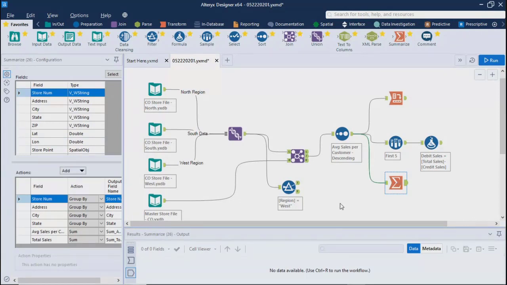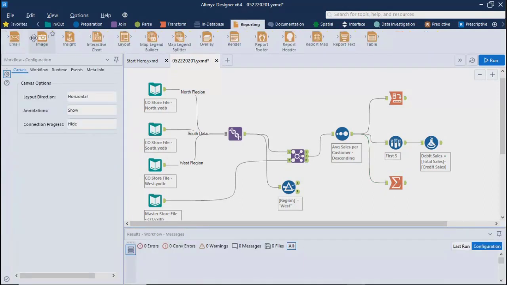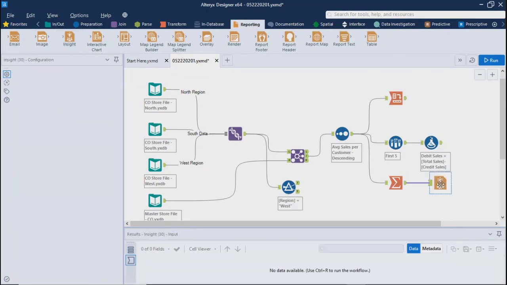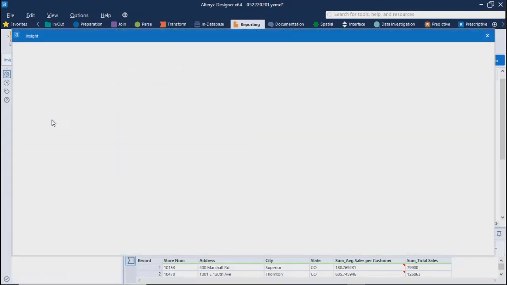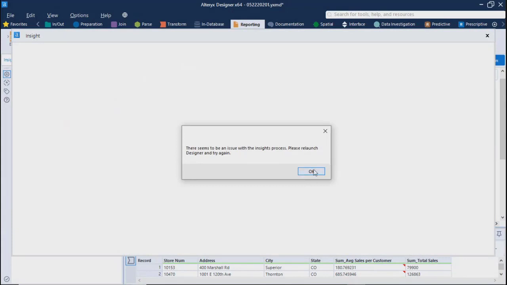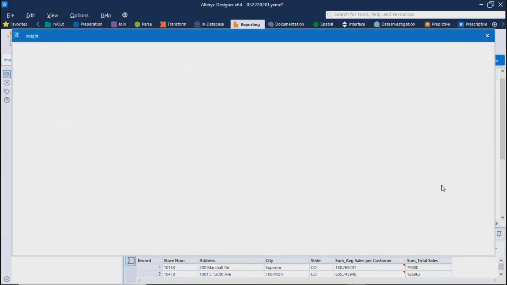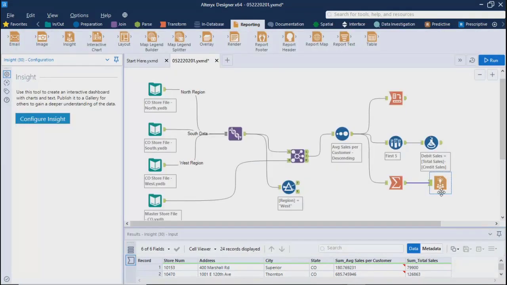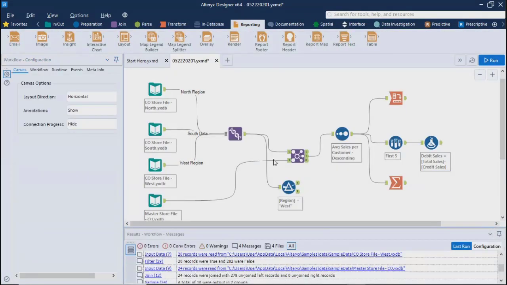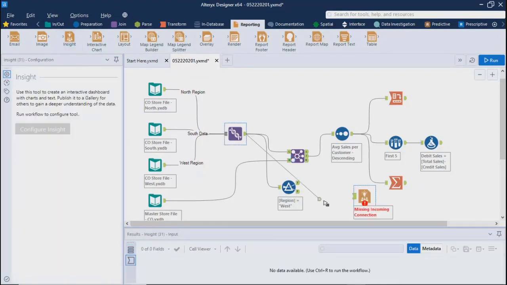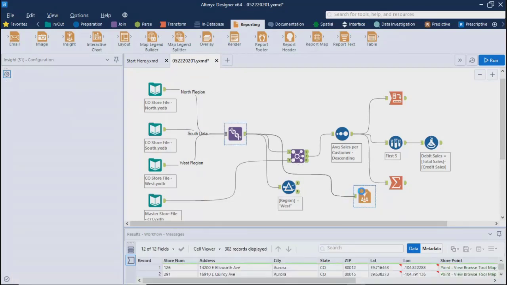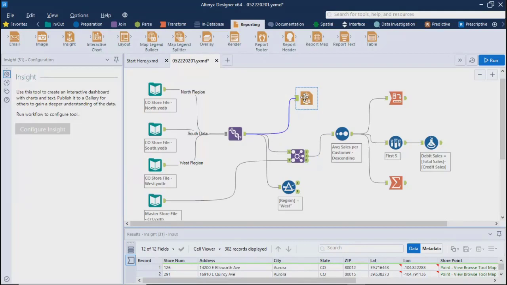Okay, let's go ahead into the reporting tab. I will add insights and then we'll see how it comes up. Okay, not sure why it is giving this error. Let me put it on the raw data. Maybe because it is a summary table over there, I'm putting it on raw data. I'll put it directly from the union. So you can see you can put as many tools as you want at one level.